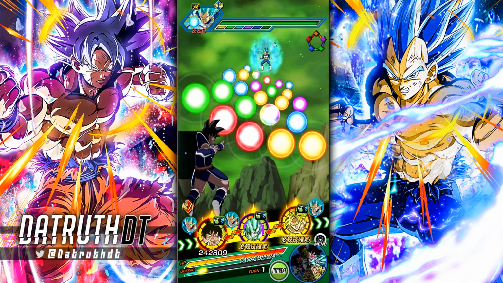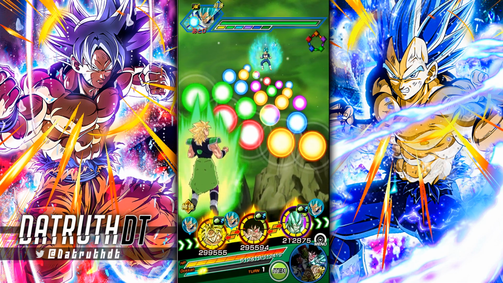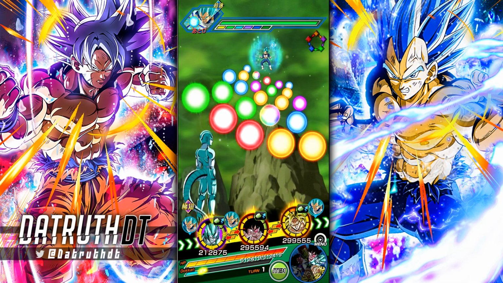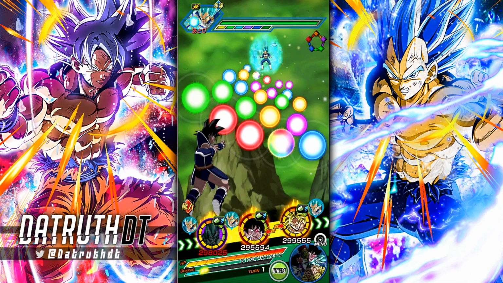He's really, really powerful. One of the main reasons, of course, is his really good link set, which is going to allow him to work fairly well in a lot of these different events. I guess we'll just keep Metal Cooler right there, because Metal Cooler obviously isn't going to do a ton of damage. All right, so Turles here, 118k defense, not exactly the greatest, but you know, he doesn't